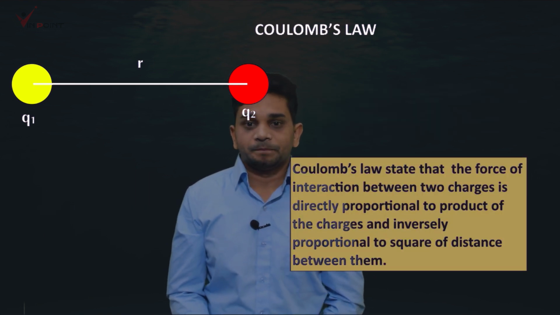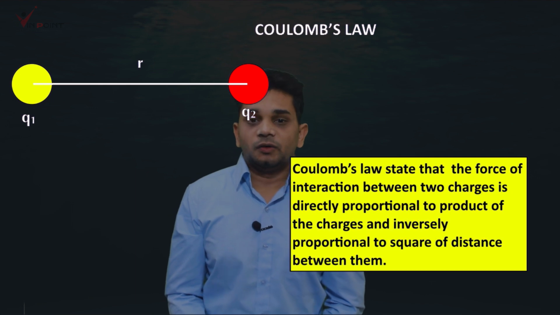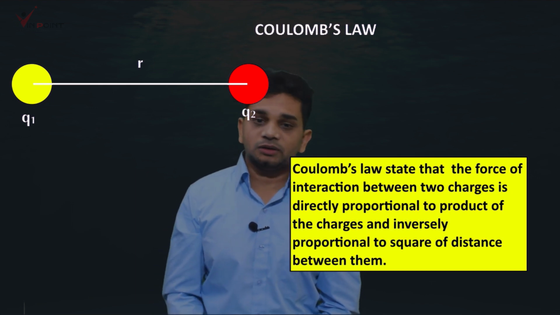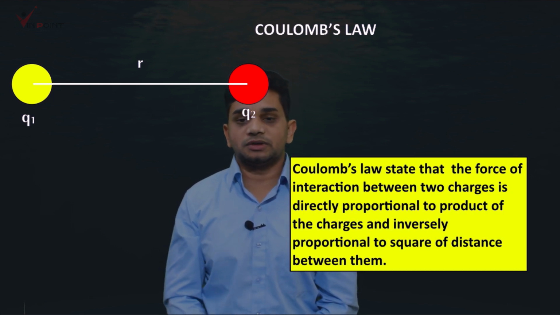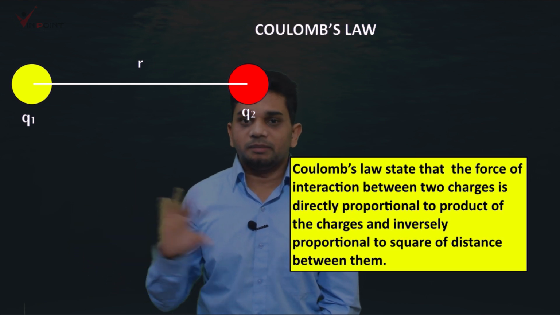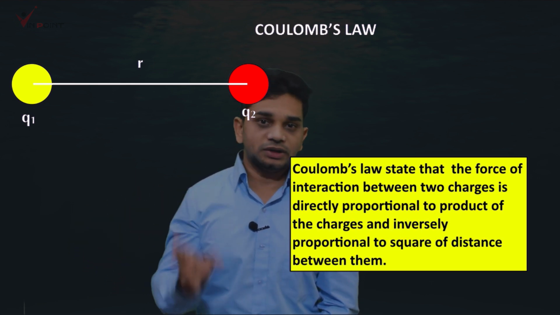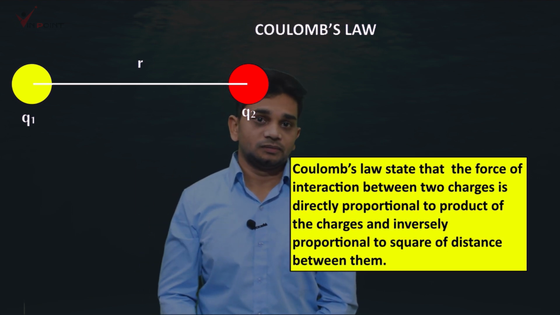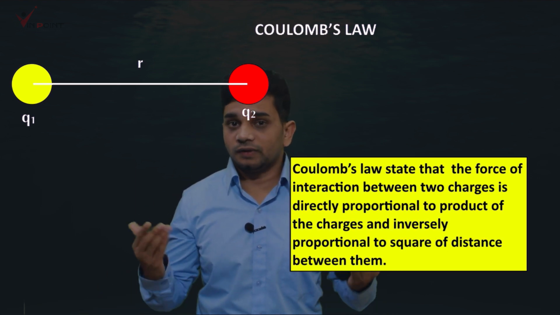Coulomb's law states that the force of interaction between two charges is directly proportional to the product of the charges and inversely proportional to the square of the distance between them. Product of the charges means the magnitude of the charges. We need to consider two charges, so we are taking the product of the charges. You need to learn this law. Force of attraction between, or force of repulsion between